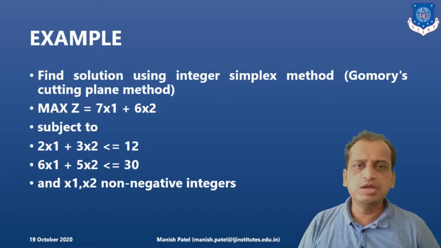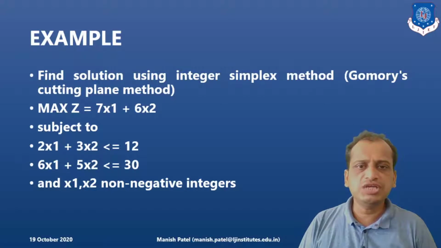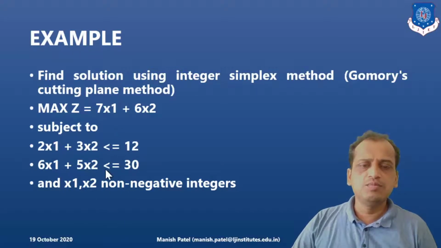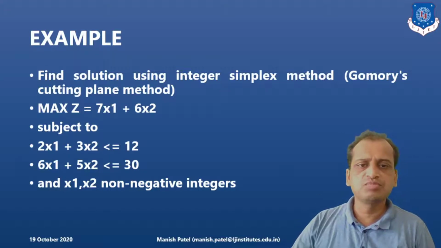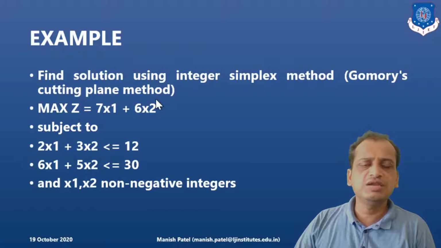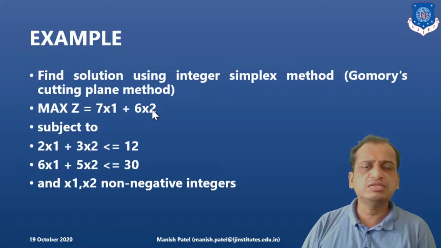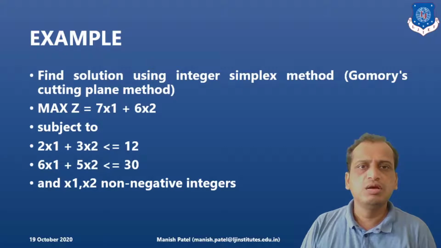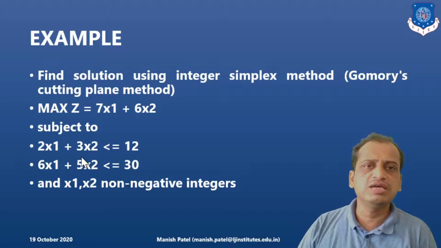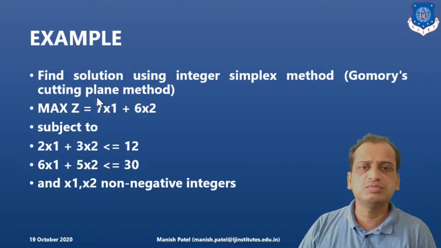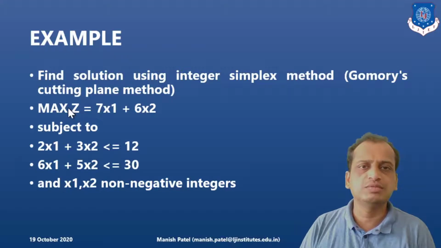The special case of linear programming is integer programming, where the constraints have x1 and x2 non-negative. The only difference between the simplex method and the integer programming problem is that x1 and x2 are non-negative integers. The decision variables here are non-negative. First, the objective function is given here: 7x1 plus 6x2. This is from the previous lecture, where I introduced the formulation of integer programming, subject to these two constraints for chandeliers and fans. The company is manufacturing these, profit is realized here, and the company wants to maximize it.